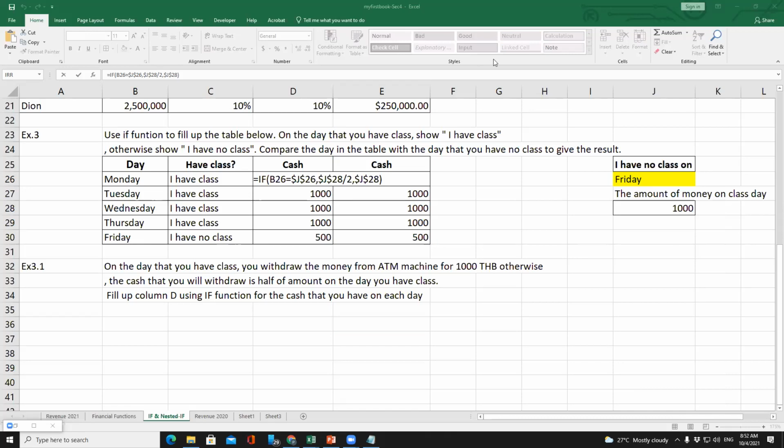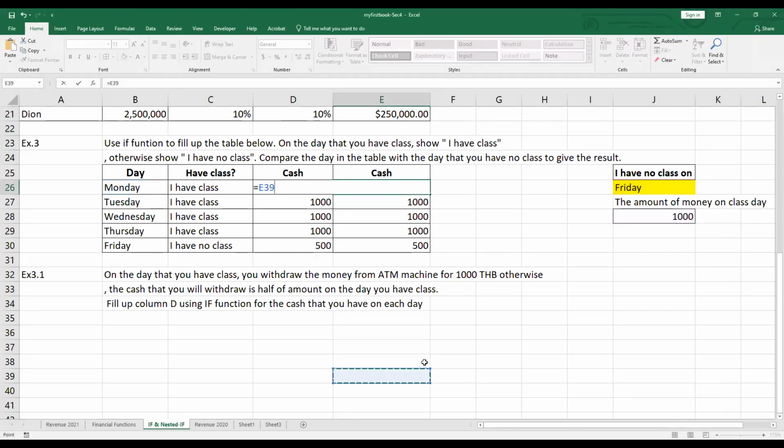Nested if, as I told you earlier, is similar to the basic if, but it is the way that we have many logical tests in one cell. You can see that the thing that we studied before was that in the logical test you have just one comparison only. So that means you have seen just one operator in here. You compare equality,